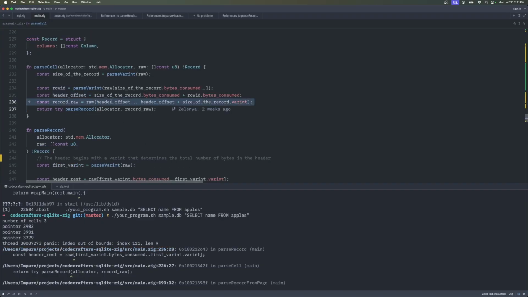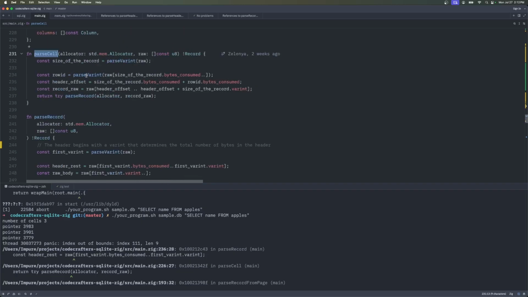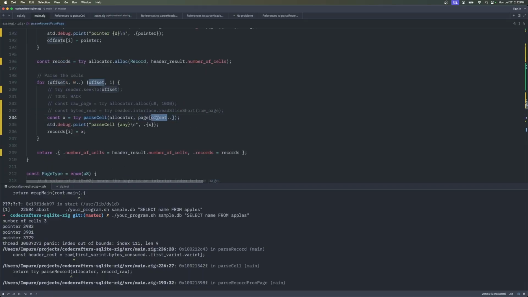We were mixing the offsets on the cell pointers because those offsets are coming from the page start. And right now we have a bit of a mix of how we get the page, and it does a bit more than just getting the page. And it's gonna take me a while to find it, but